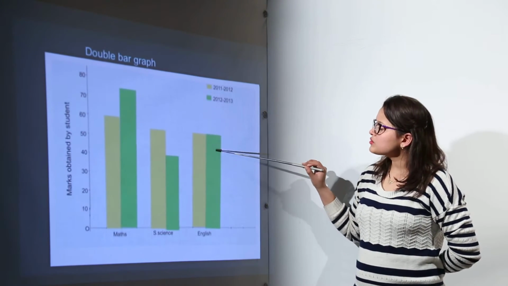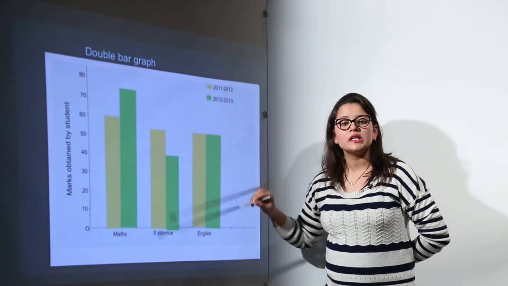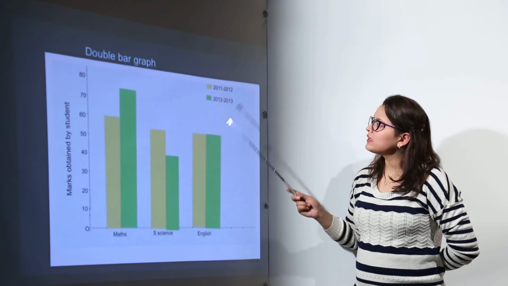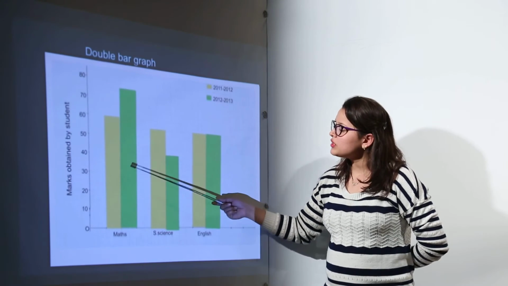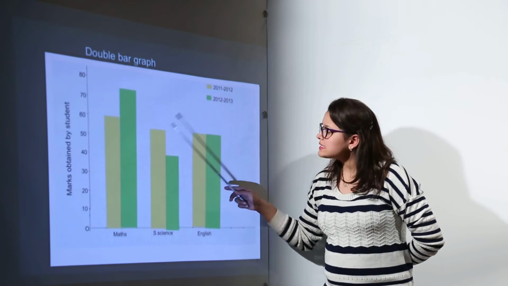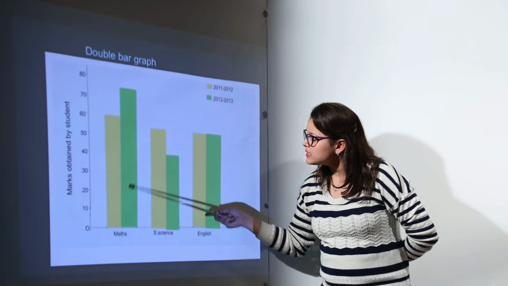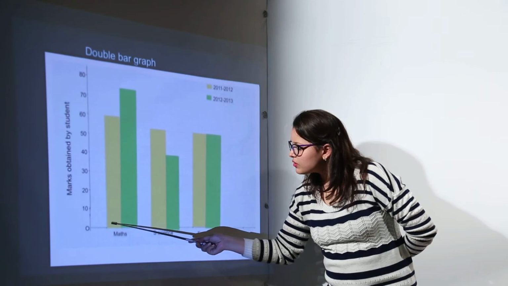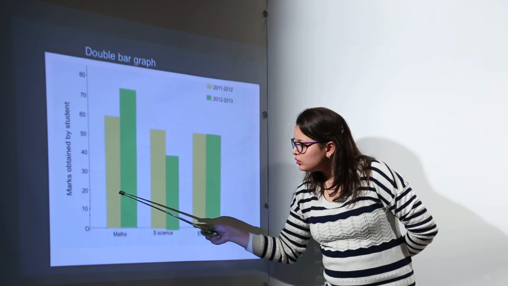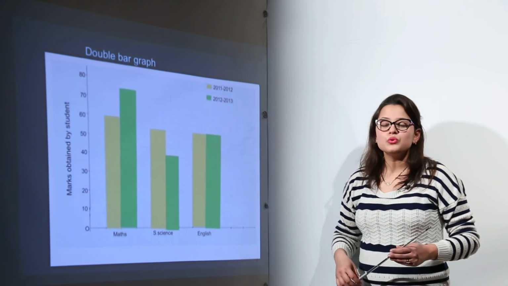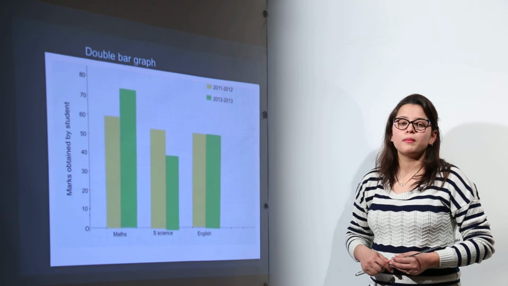Basically, I have told you that simple bar graphs are used to represent the comparison between categories, but with double bar graphs we can actually compare two quantities simultaneously, right? So double bar graphs are used to compare two quantities at the same time. For the subject maths, we have been comparing the marks of the student for two years. So this is how we can use the bar graph representation for the comparison of quantities, or you can say comparison of data.